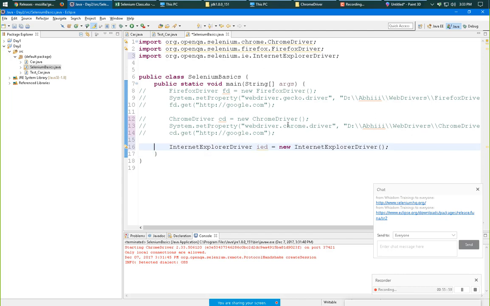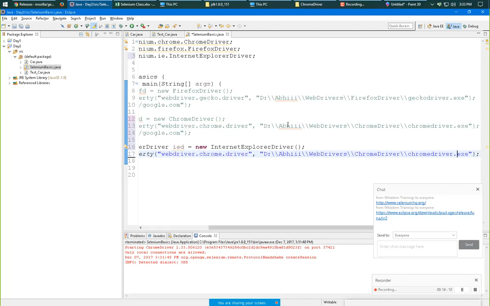To access Internet Explorer, we need almost the same command as configured. Here we need to give the path of the Internet Explorer driver executable file, and webdriver.ie.driver.